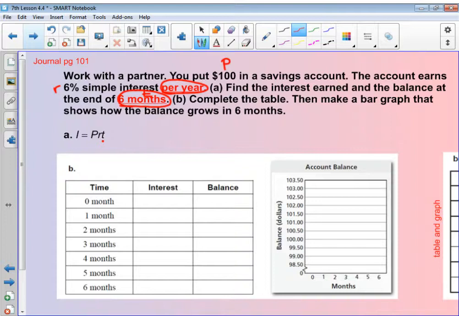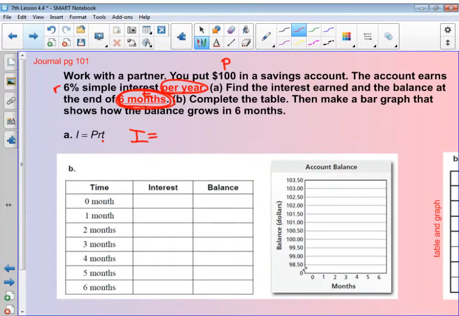If we were to go through, there's a couple different ways that we could figure this out. If we find in a year how much interest was earned, then we could figure out how much interest we'd get per month and go from there. So we're going to figure for a year and then we'll understand it so that we can figure out for 6 months. So we're going to do our interest, which we don't know,